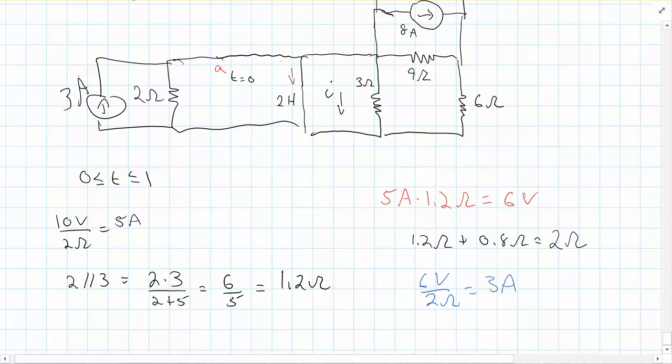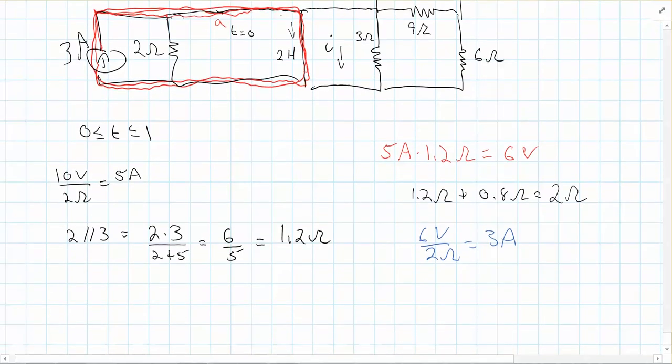Now, after doing all those source transformations, life has become much easier for me. Because, again, think about current here. Current's always going to take the path of least resistance. Well, it's going to go up here, and it's going to go down here, and it's going to say, okay, there's a 2 ohm resistor. Maybe I'll go down there. It's going to come down here, and it's going to say, wait, there's a wire here. I'm just going to go down the wire. All of the current will always go down if there's just a wire there. So this is the path of the current here. So what that means here is my final value is equal to